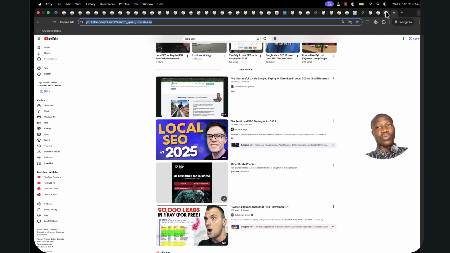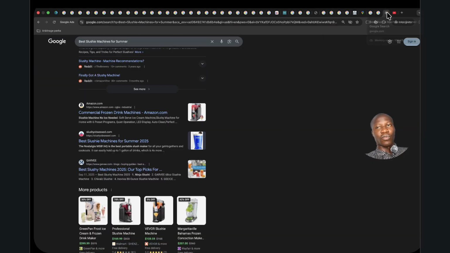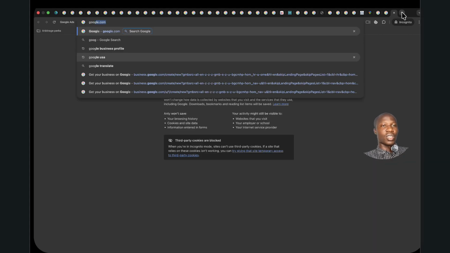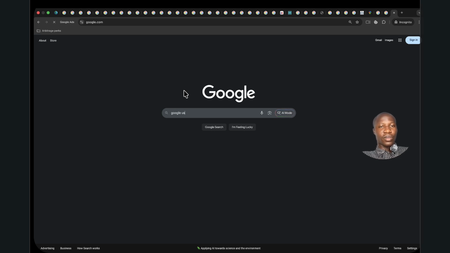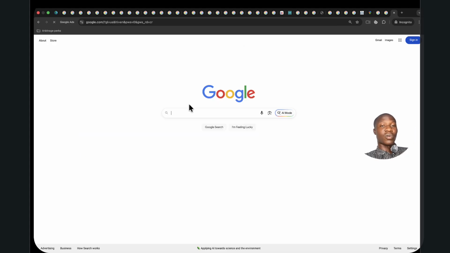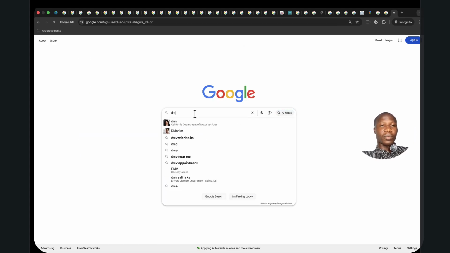Like most local businesses, when people are looking for your services online, they either ask a friend or ask a neighbor, or like most people, they will just go on Google and simply type the service. I'm trying to mimic the search from the USA. So take for example, someone is looking for a dumpster